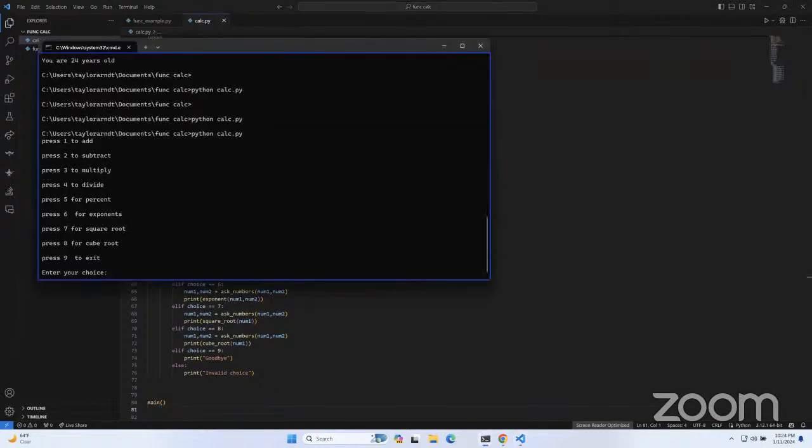Press 1 to add. Press 2 to subtract. Press 3 to multiply. Press 4 to divide. Press 5 for percent. Press 6 for exponents. Press 7 for square root. Press 8 for cube root. Press 9 to exit. Enter your choice: